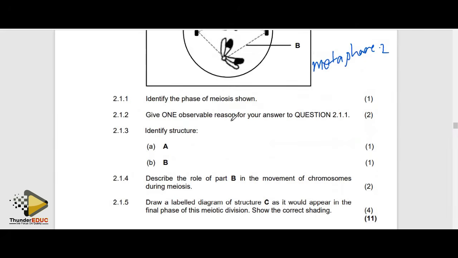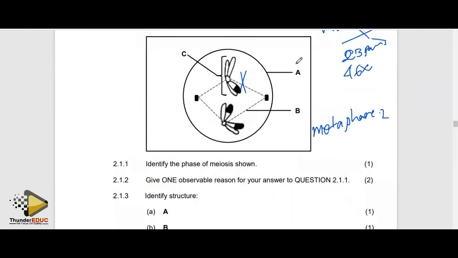Then they're saying identify A. What is A? A is a cell membrane. Don't confuse the cell membrane with the nuclear membrane. What is outside is the cell membrane. And then B, these are fibers which hold the chromosomes in place, which are spindle